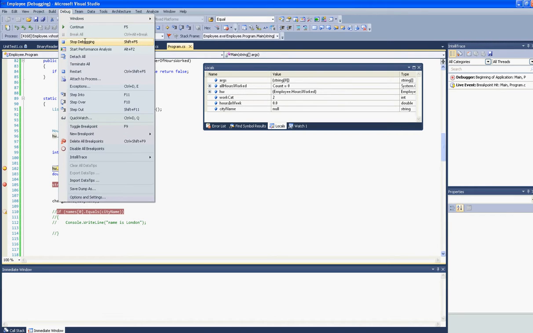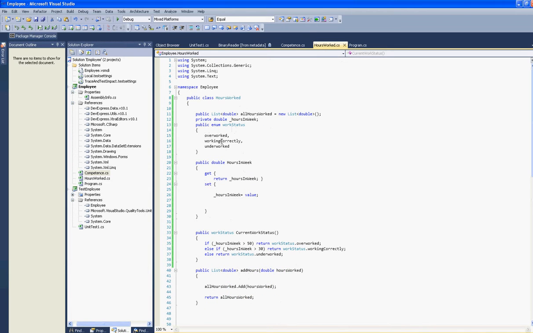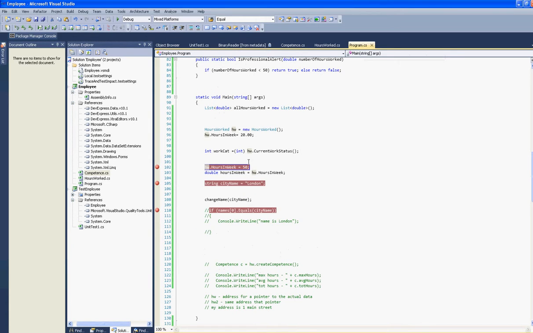2 is the enum based on 20, and if we go back here we'll see that 2 was underworked. So it's 0, 1, 2 for the enum, and it's hitting the code here. The 50 check fails, the 30 check fails, and then it goes into the underworked, which is 2, and then it goes back here. So to get something out of the variable, we would then just say